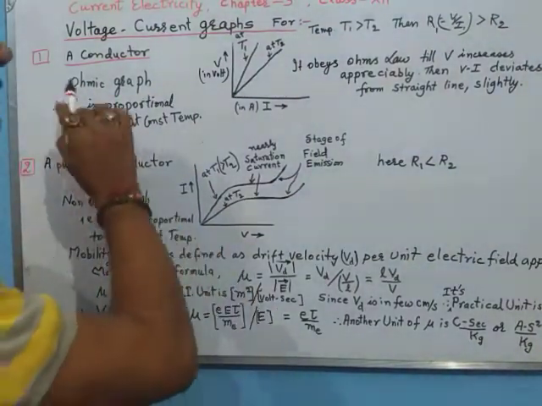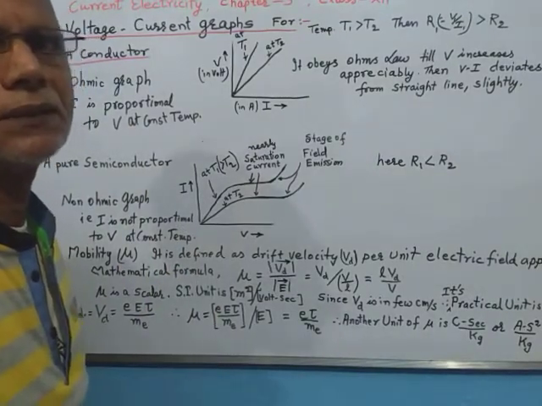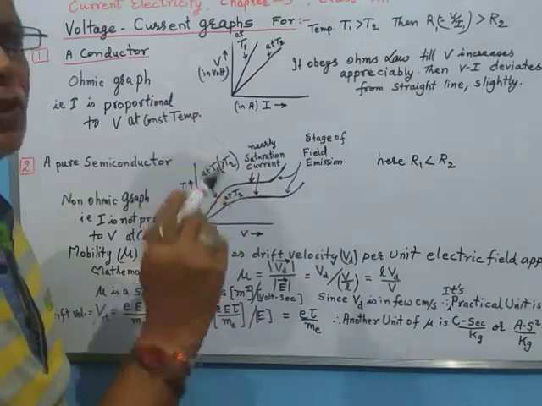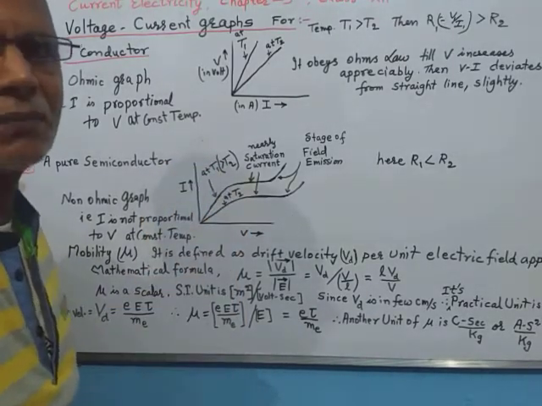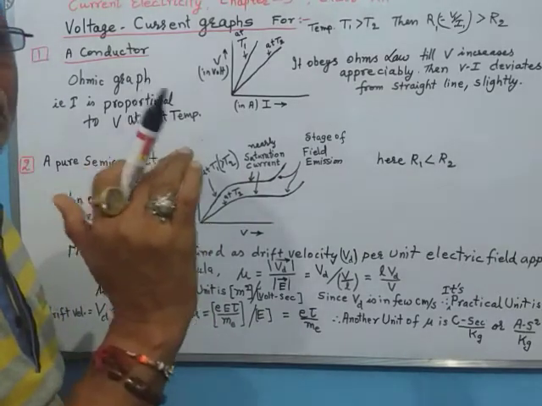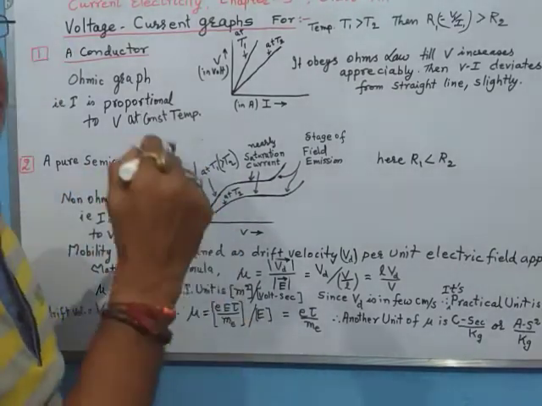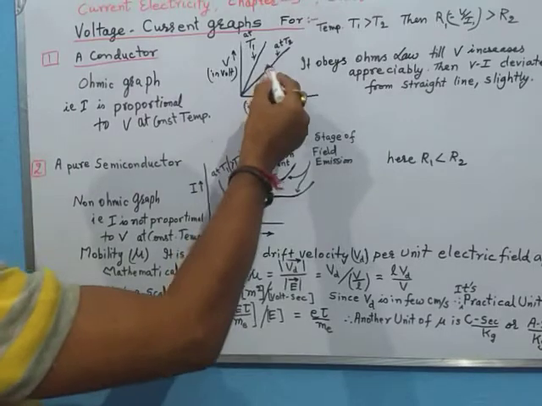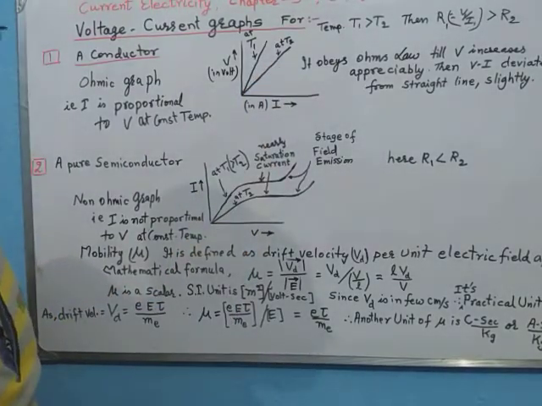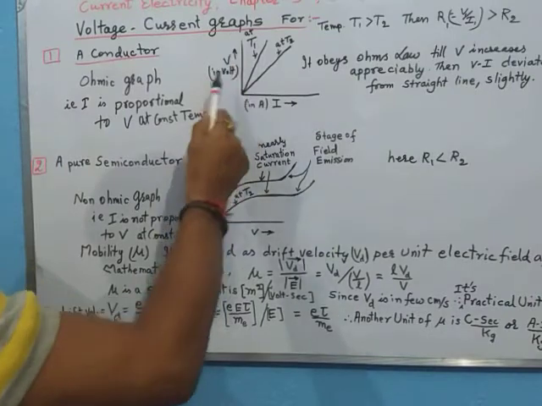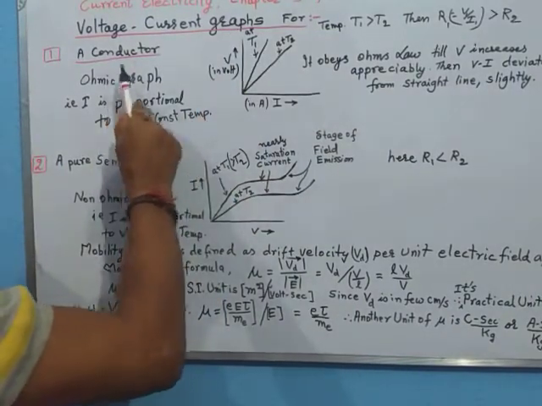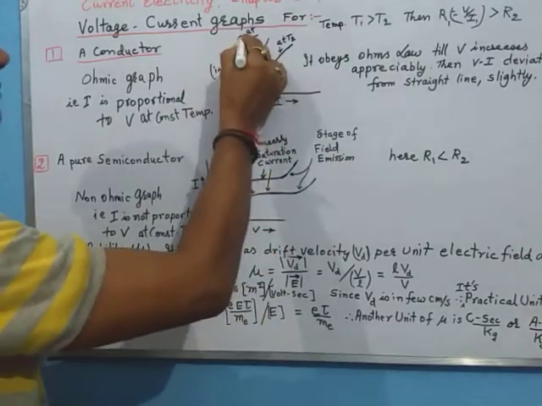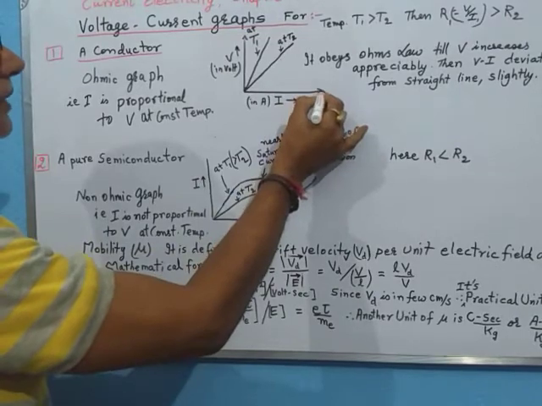You have already learned that for a good conductor the VI relation is always linear, which means the VI graph is always a straight line, but that statement is true for some moderate voltage value. Once the voltage increases, the linearity is disobeyed slightly. So here you see we have taken the VI graph for a conductor and we have plotted voltage along the y-axis and current along the x-axis.